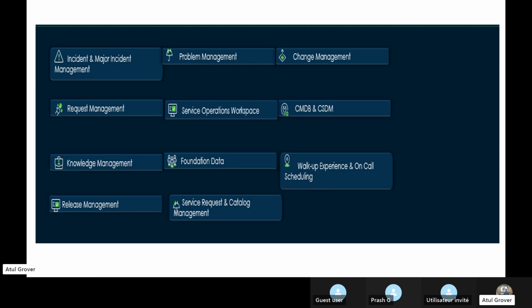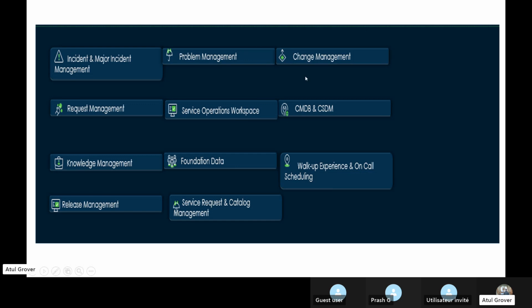So approximately 11 modules we are going to cover in our agenda, but mainly we will discuss incident, problem, change, request, release in very deep detail. Why? Because when you go for the examination, you will get more questions on this part.